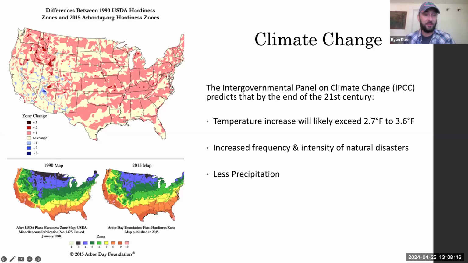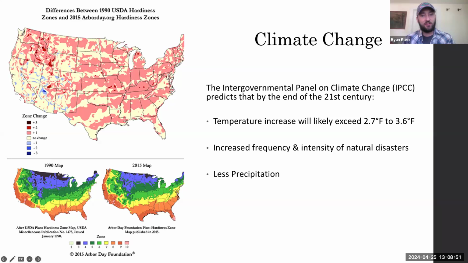And a lot of it has to do with our inability to dial back some of the things that are causing this or mitigate some of the issues that are currently pressing. So with this climate change, we're going to see an increase in the frequency and intensity of natural disasters. We're obviously seeing that here in Florida with the hurricanes. Out west, you're seeing wildfires, droughts are happening all over the country, pest and disease outbreaks. And these are all things that can pose some sort of risk to our urban forests and canopy cover.